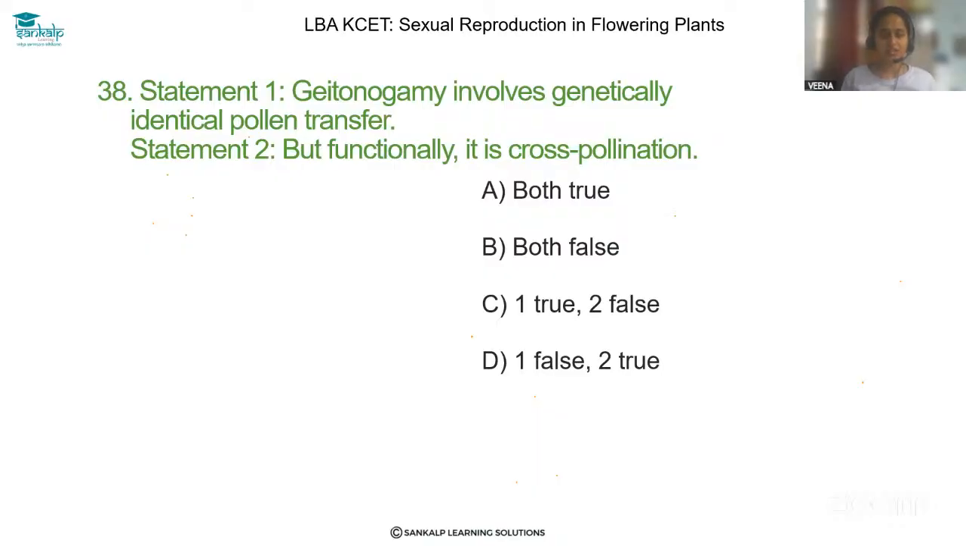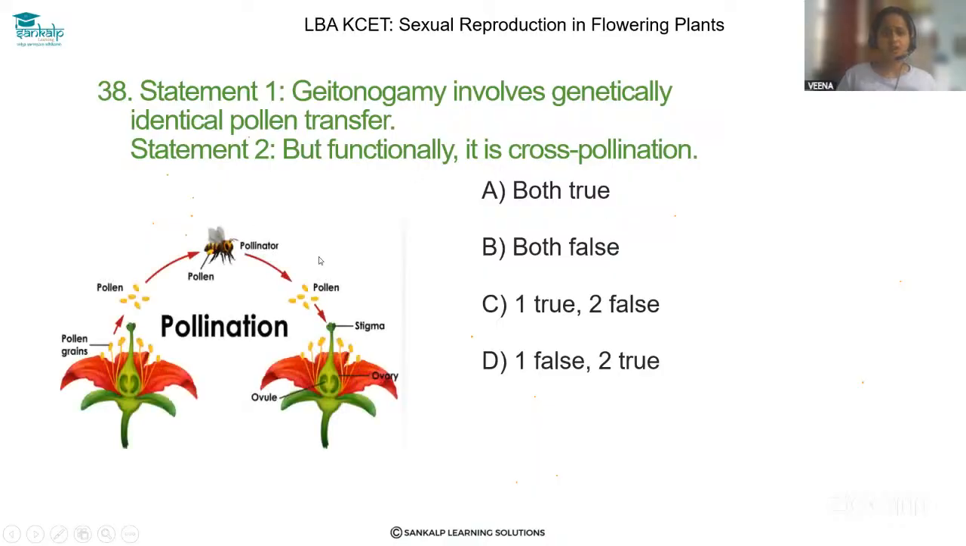Let's solve question 38. Statement 1: Geitonogamy involves genetically identical pollen transfer. Statement 2: But functionally it is a cross pollination. Dear children, for this you should know the meaning of pollination. Here, geitonogamy is nothing but transfer of